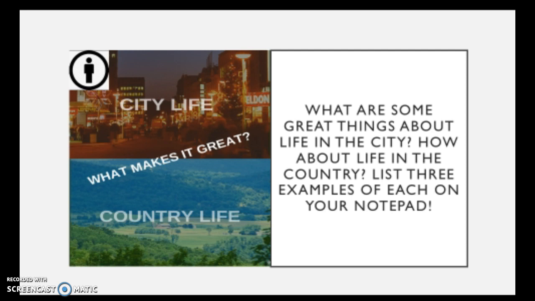Now let's look at these pictures. On the top, you can see an exciting scene in the city. Think about all the things that make life in the city great. On the bottom, you can see a peaceful country scene. Think about why many people prefer living in the countryside. Even though you probably prefer one or the other, try to think of positive aspects for both. When you are ready, take some notes and include at least 3 examples of positive aspects of both. Pause this video now and resume once you have finished note-taking.